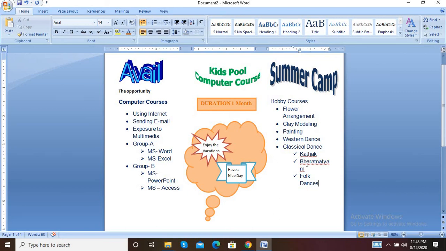So this type of data you have to add. Okay, this is your basic banner, or this is your banner for creating any advertisement. Okay, so with the help of the word art feature, you can create different types of banners or a greeting card also for Diwali.